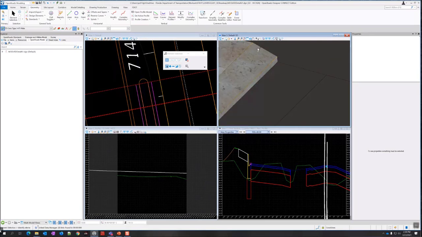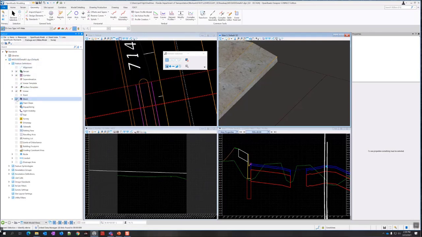If I turn off the meshes, I can probably see it even better. So if I go to Open Road Standards, expand out feature definition, turn off mesh. Give it a second to reprocess things.